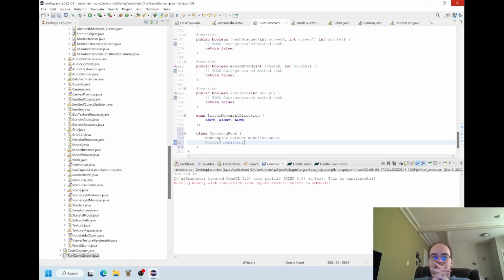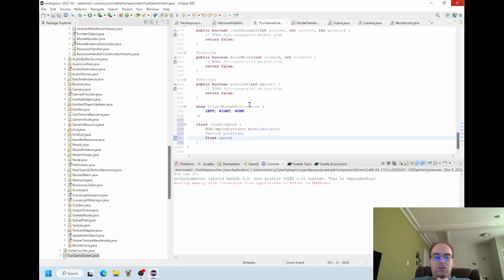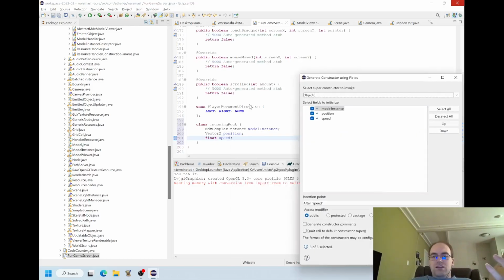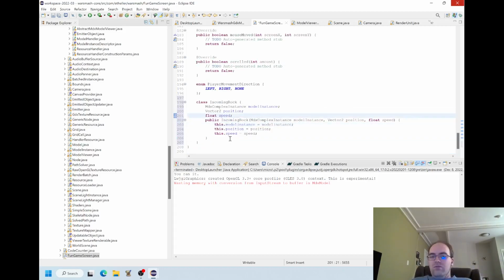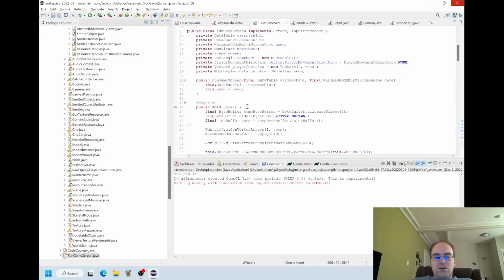And then, yeah, that's probably it for now. So let's just do that. I guess we could have rocks of varying speeds. So maybe we could have a floating point value for the speed of the incoming rock. Once you have something like what I just did here in Java, where I defined a class, you can use hotkeys to automatically generate the constructor calls for that. So it'll automatically know how to create an incoming rock for you. Just say new incoming rock.